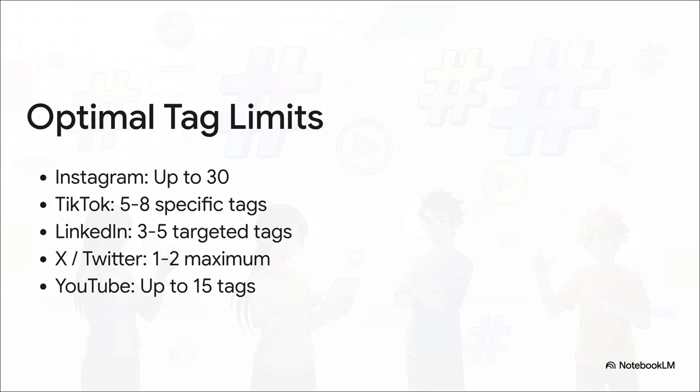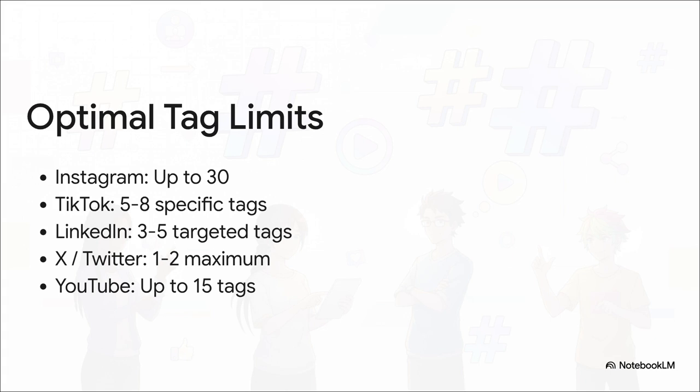Their algorithm is super topic-based, so just 5 to 8 specific tags will drastically outperform a massive list of 30 generic ones. Quality heavily beats quantity there. LinkedIn, stick to 3 to 5 highly targeted tags. X, or Twitter, limits you by character count anyway, so keep it to 1 to 3 maximum. And for YouTube, placing up to 15 tags in your description is optimal, but make sure your first 3 are